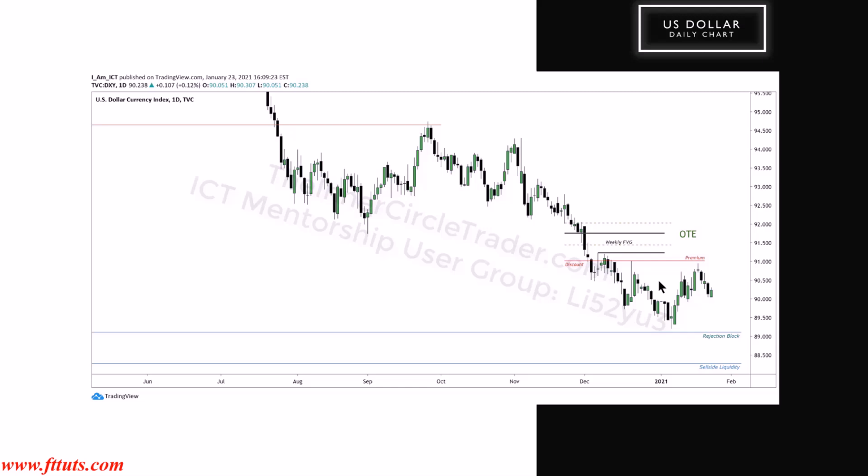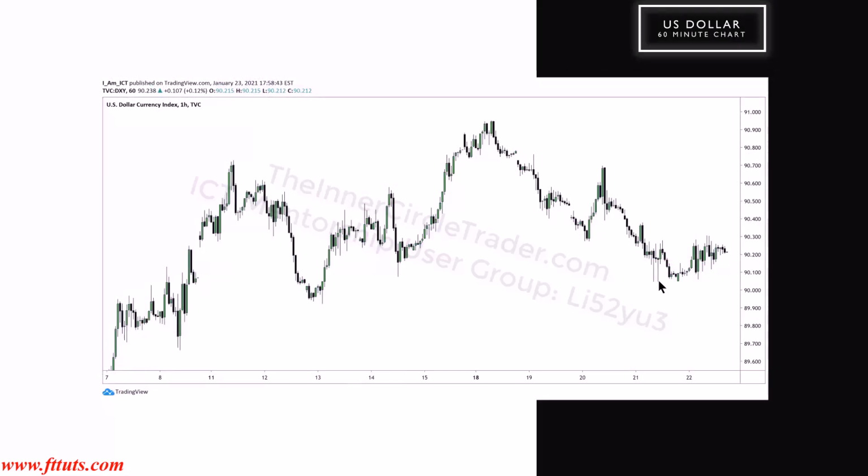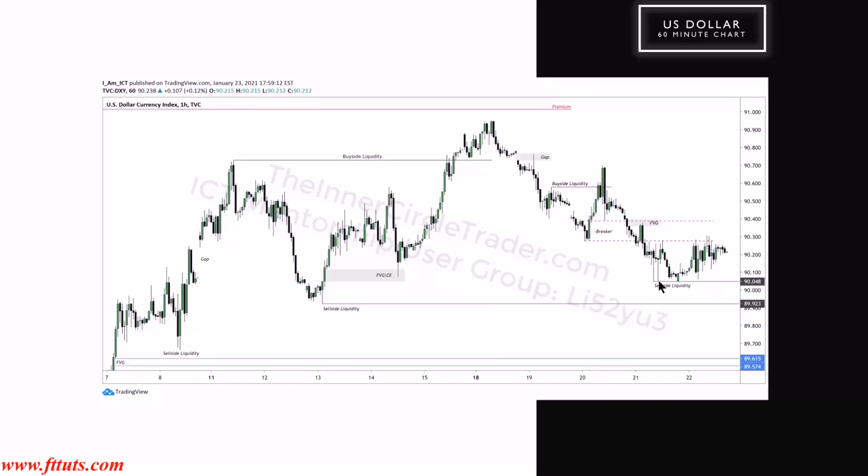Okay, so let's move on into the hourly chart. If you're not ready, pause the video before I show the annotations. All right, so we had our buy side liquidity taken above here. Didn't get into the premium level as indicated on the daily chart. Small little gap in here. We already talked about that. Buy side liquidity ran up in there as well. We talked about that. We have a breaker here. All of these down close candles, they are a breaker. Continue that out in time, project it forward.